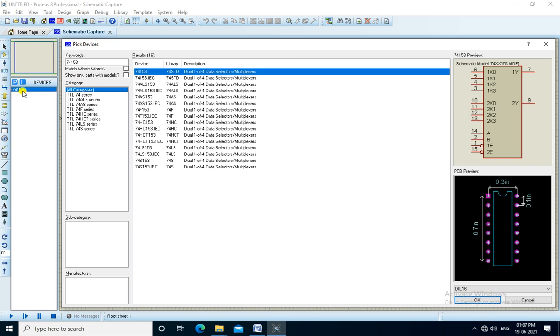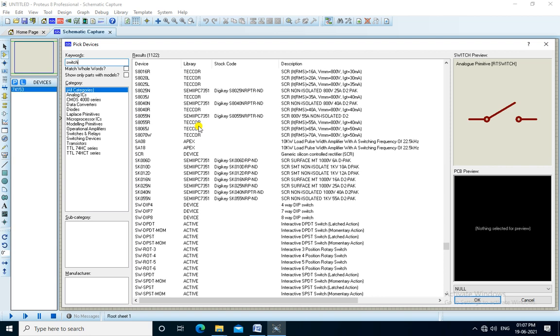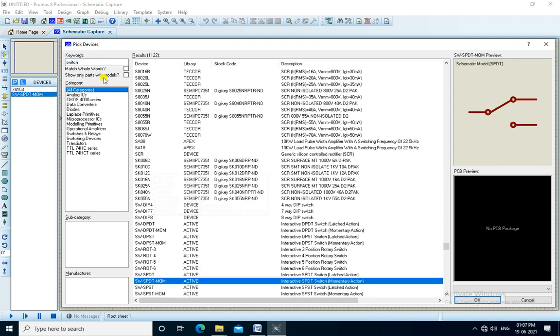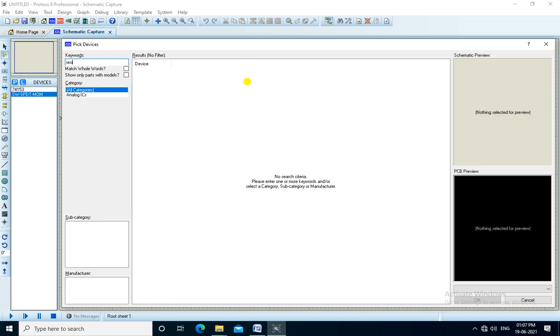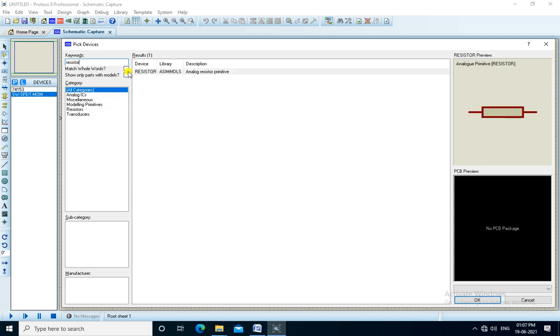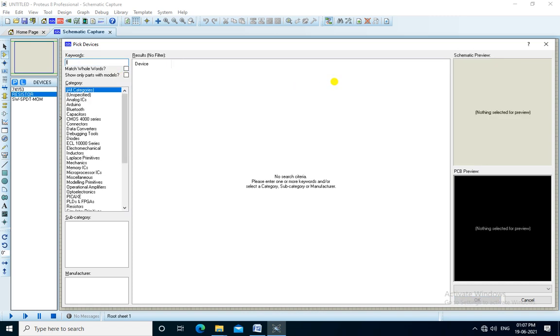So the IC shows in our part list. We need switches, resistor, and LED.